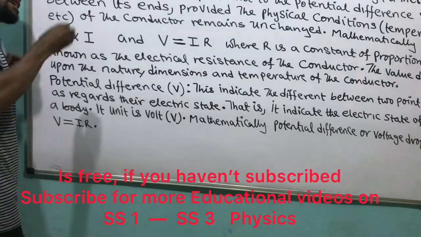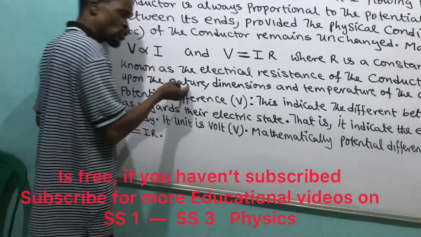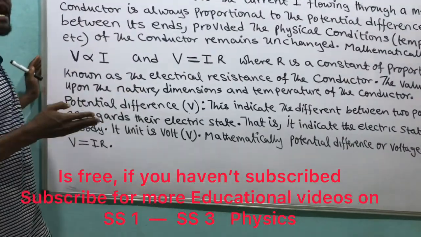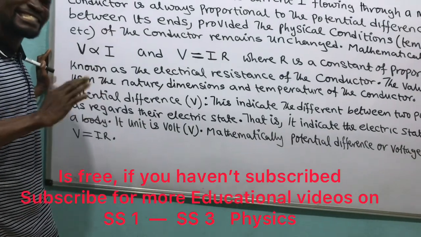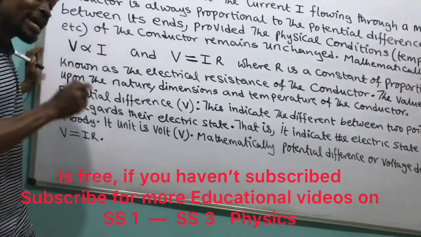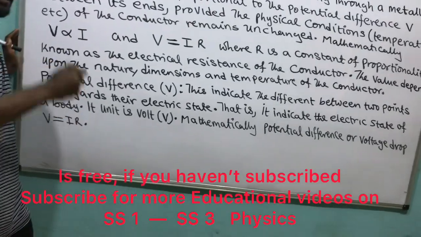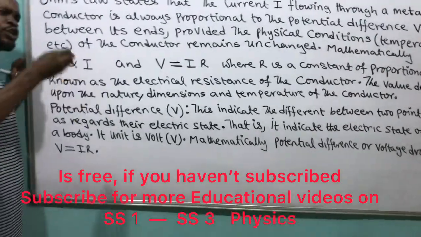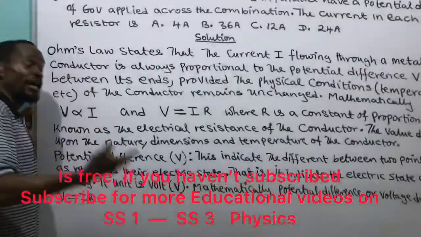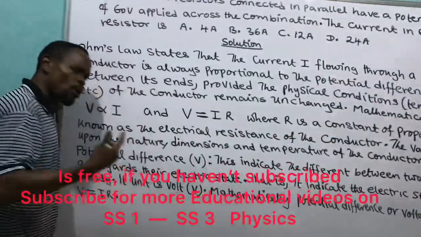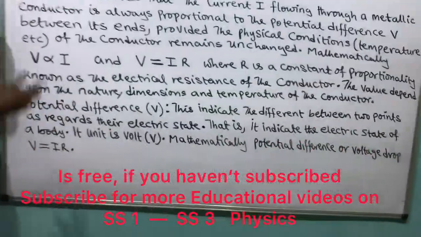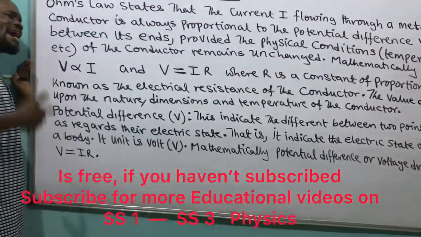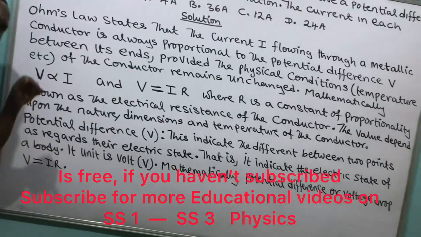What do you mean by nature? If you have good wire that is more pure, it has negligible resistance. If you use gold as a wire, the resistance gold will offer is negligible. Then when you use silver, it has a little resistance. When you use copper, it has more resistance than silver. Other metals less than gold and silver have higher resistance